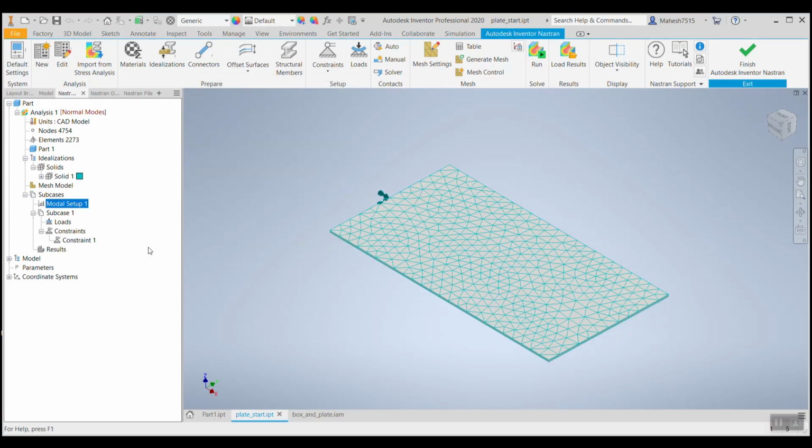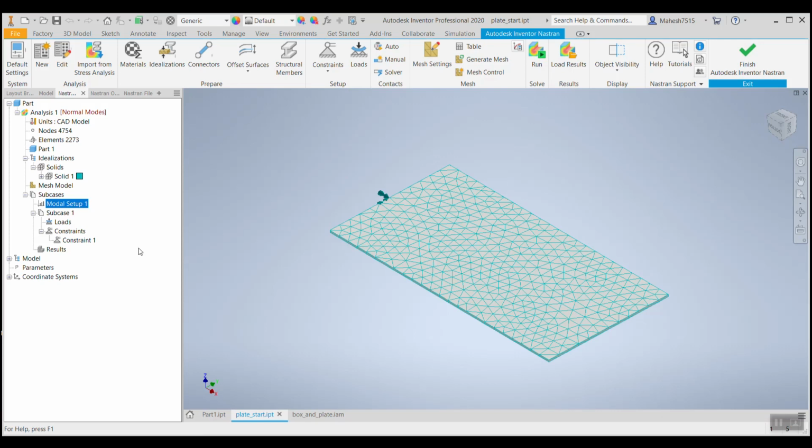So what we have done is, we have given material to the model, generated mesh, and we have told that the back portion of the plate is fixed to an area, and the frequencies acting on the plate will be 10 different frequencies, and we didn't tell Inventor Nastran what those frequencies will be. So it's understood that it will automatically take its own frequencies.